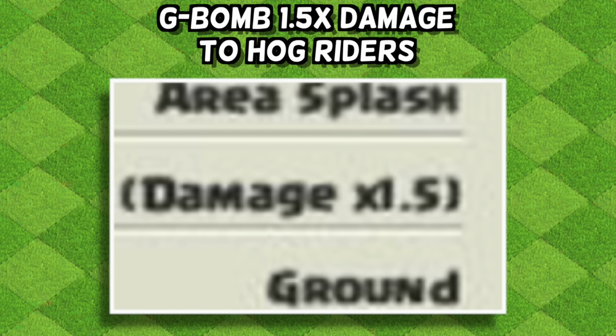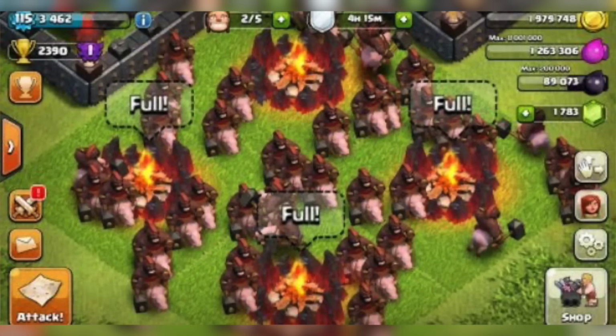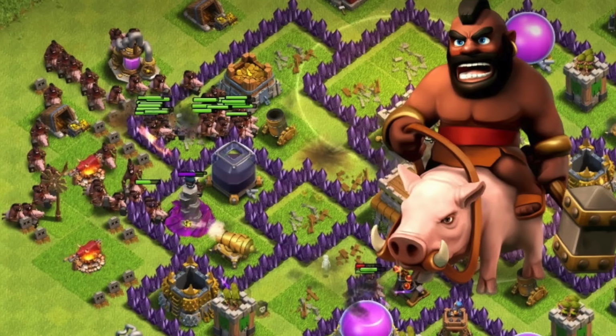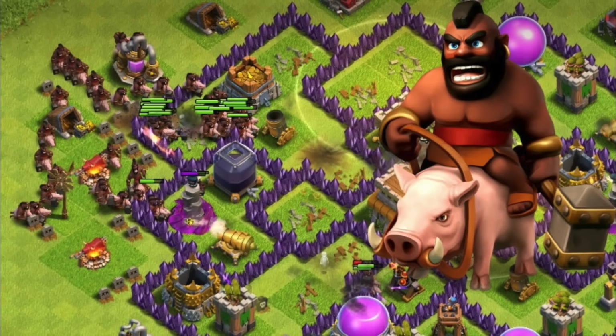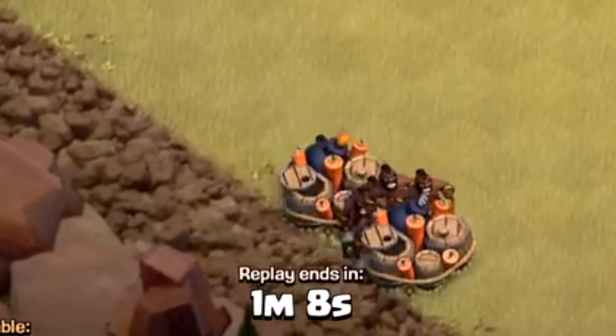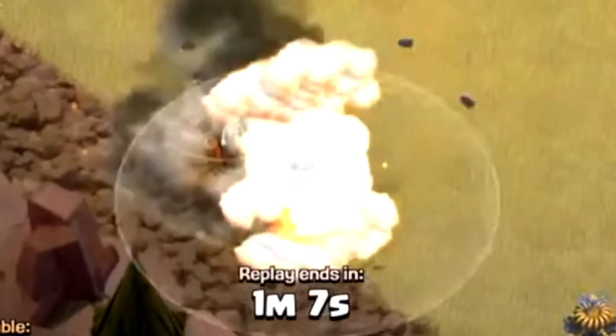It's whatever. Giant bombs doing 1.5 times more damage to hog riders. This was an almost perfect fix to hog attacks back in the day. Why? Well, hogs could 3-star any base, even town halls above you. It was crazy. Allowing the giant bombs to do more damage, which were already used in this double configuration, directly